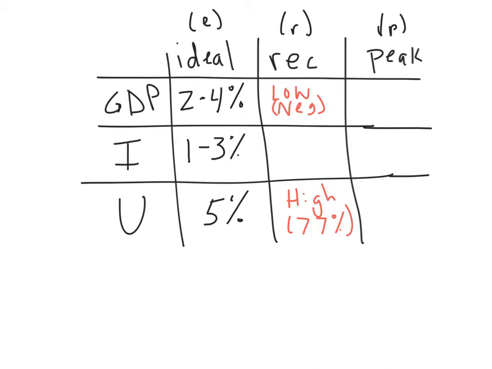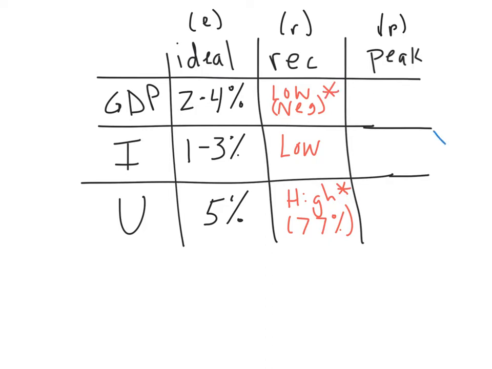And because people are losing their jobs and they're having less income, inflation tends to be low, usually below that 1% bottom threshold. Sometimes it can be negative. We can see deflation during recession. And the reason behind that is if people don't have a lot of expendable income, you certainly can't raise prices on them, or you don't want to because it's going to go unsold. So inflation tends to be low during a recession. The key identifying factors of a recession are high unemployment and low or negative GDP growth.